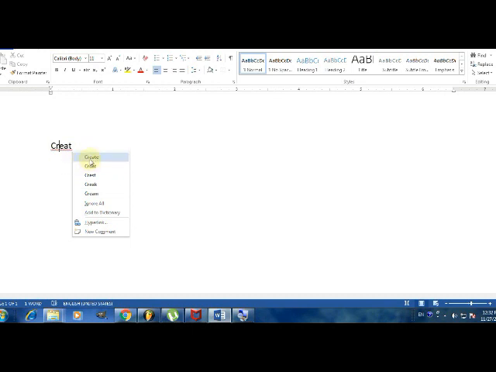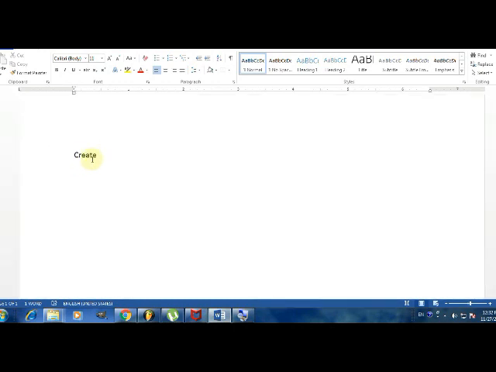Let me open this suggestion list. Simply you have to right click on that incorrect word. You will get the suggestion list. You have to choose one of these and click on it. Okay, the selected suggestion will replace the incorrect word or incorrect text. So that is how to handle a spelling mistake. Now you can see that the spelling mistake is fixed.